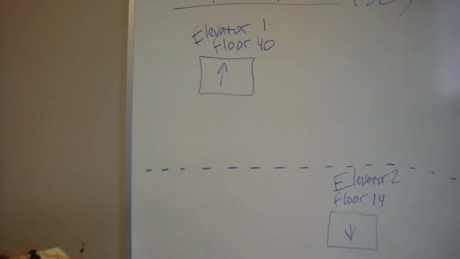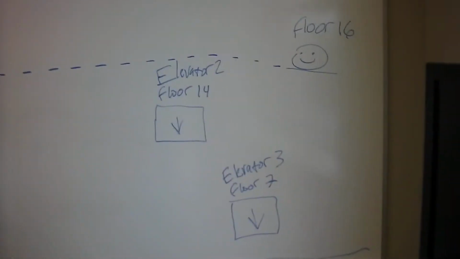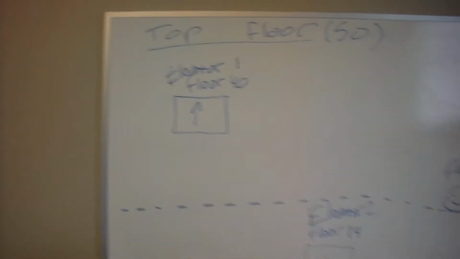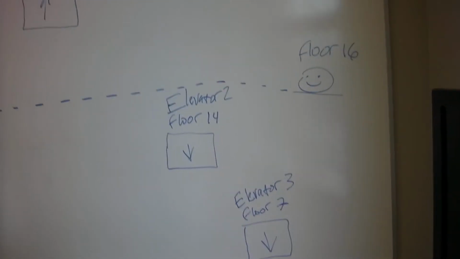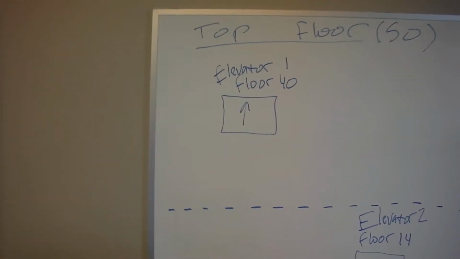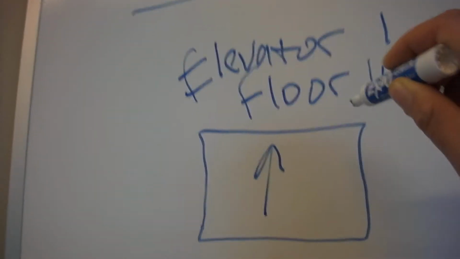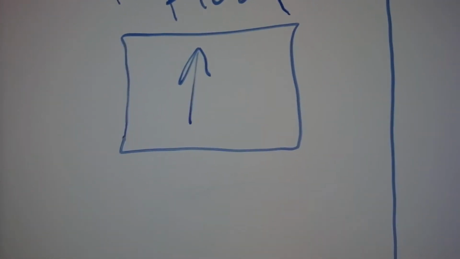Now, as you'll notice with the position of the elevators, they're going different directions and they've already passed the customer for illustration purposes. So first, what the program will do is it'll find the distance between each elevator and the customer and figure out how many floors it has to travel. So first we'll start with elevator 1. Notice that elevator 1 will have to come up to the top floor and then go down to the floor that the customer's at,